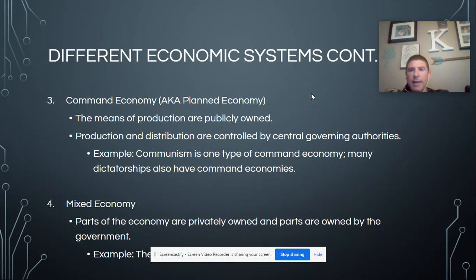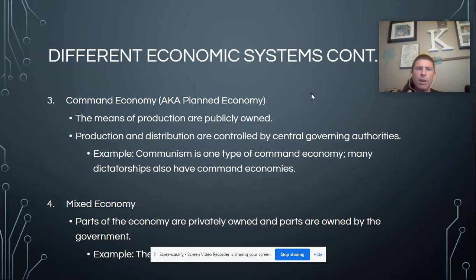There may be farmland, and then all that grain is just distributed to everybody in the community, so everybody has access to it. It's not really a trading system like we would see in a traditional economy. Just everything that's owned is distributed. So communism is one type of command economy, but I think you'll see in one of our last examples of socialism that it fits more with a lot of communist countries today.